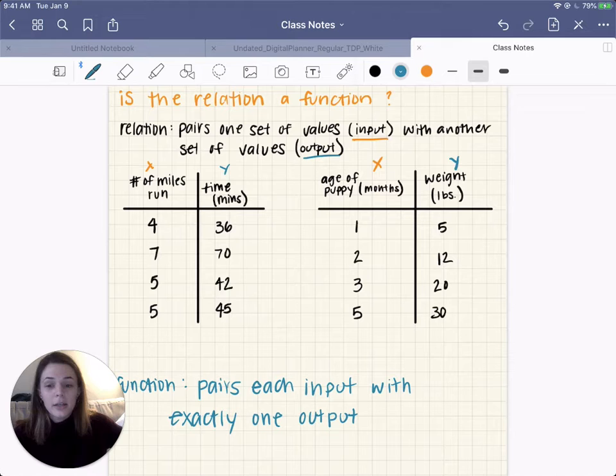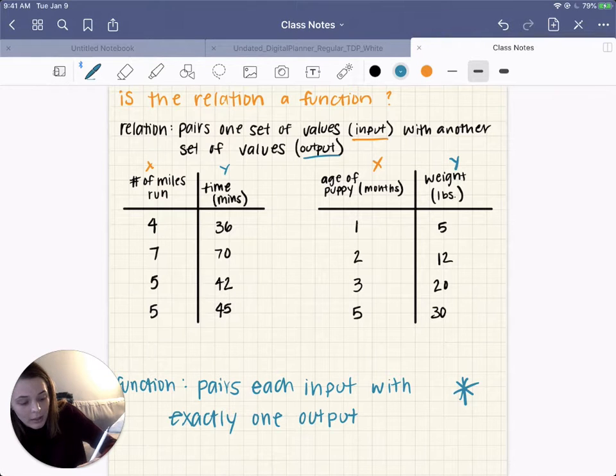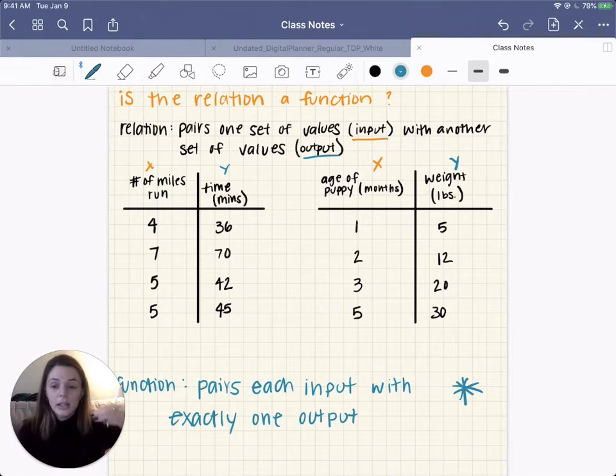But we're talking in this unit specifically about functions. So not every relation is a function. It's only considered a function if it pairs each input with exactly one output. So let's go back and look at these two examples and decide whether or not the relation would be a function. So in this first one,